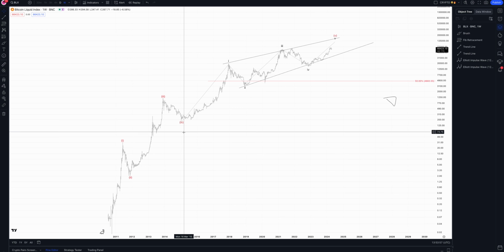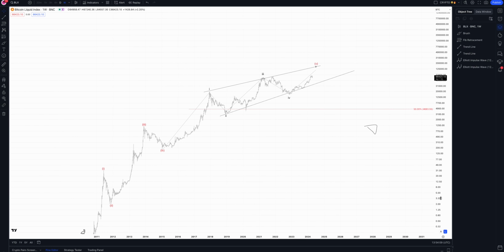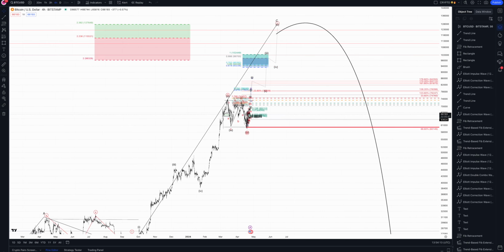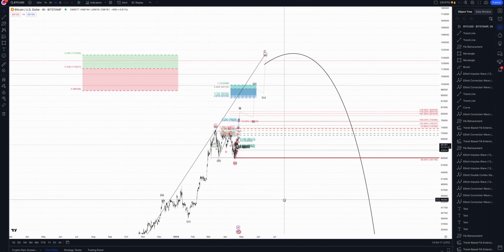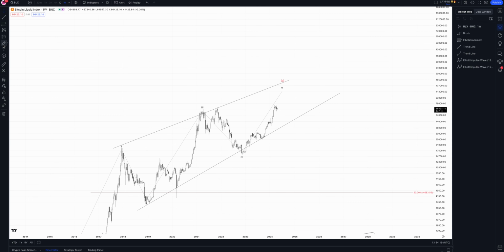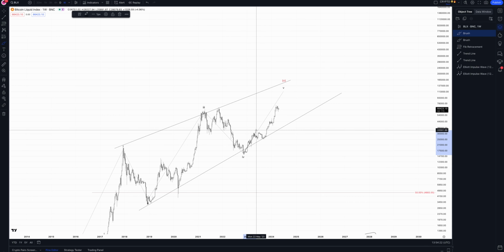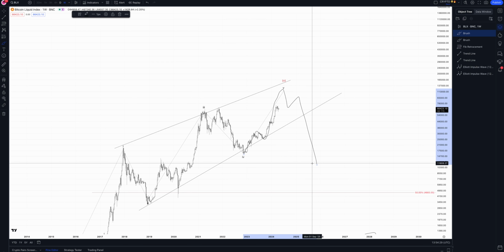So with an ending diagonal, you kind of form a rising wedge, right? And the waves overlap in a 3-wave structure. So you have a 3-wave move here, 3-wave move here, 3-wave move here, 3-wave move here. And as you can see by my other chart, we have a 3-wave move here as well. So like, look, we're in the last wave before we have a nasty breakdown of this ending diagonal, which would likely take you around the $5,000